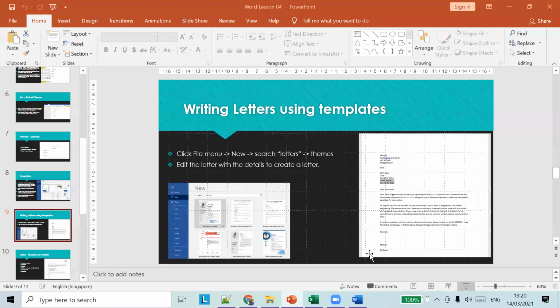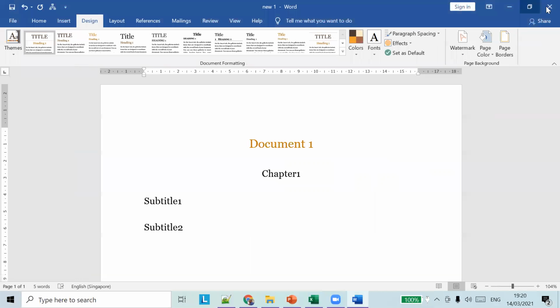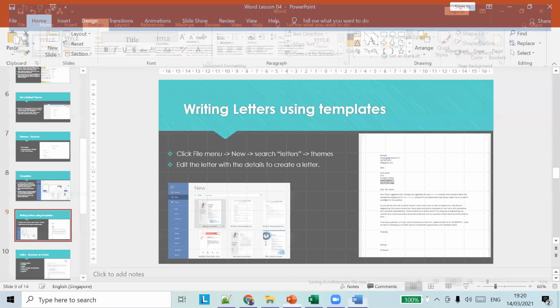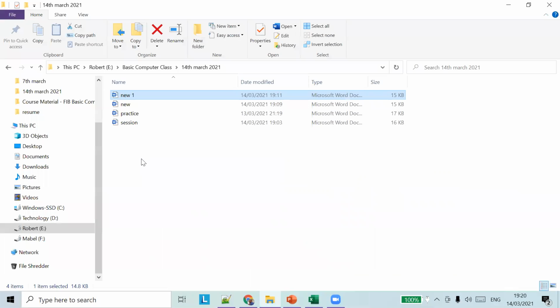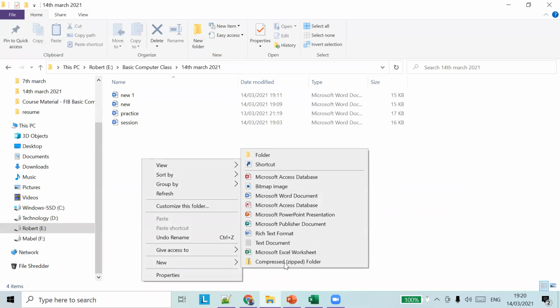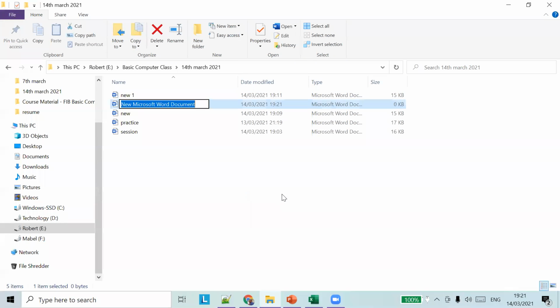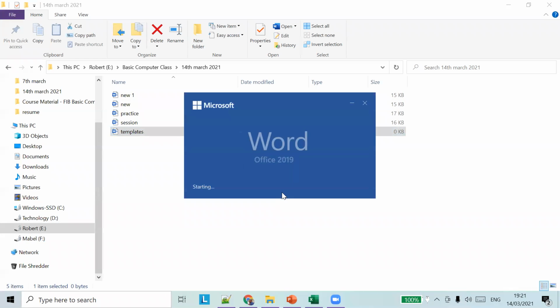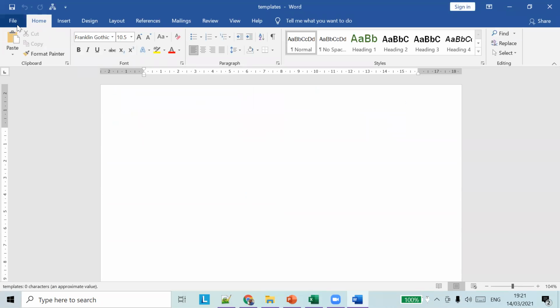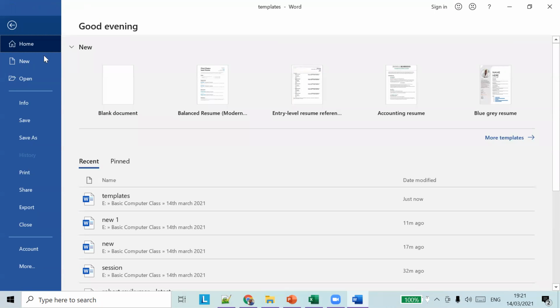Whenever you create a new document, let's say I open a new Word document. I'll name the document templates. So I go to File, and I can choose some templates here.